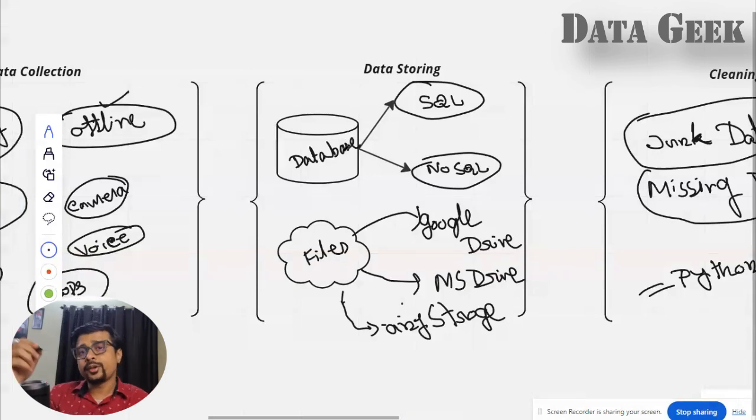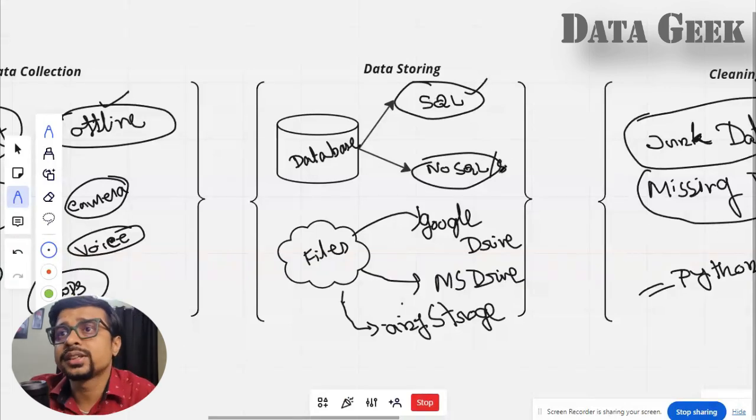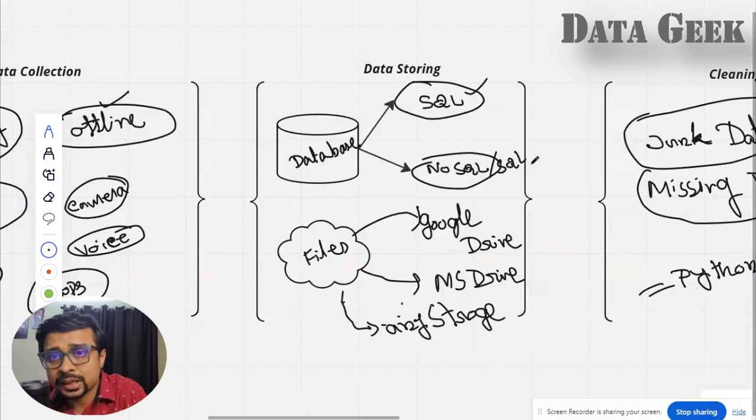Now, as I told you, there are two kinds of data, structured and unstructured. Structured data can be stored in SQL. Unstructured data can be stored in NoSQL or SQL both. So that's how you store the data. Now, what is SQL? What is NoSQL?